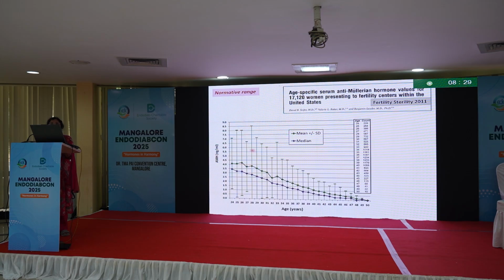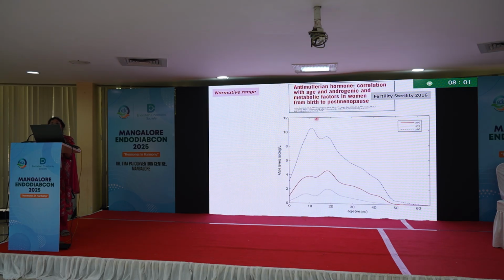So if we study the normal range of AMH, a lot of data has come from the fertility centers, and we can see that the normal levels of AMH vary widely. It is a very broad range of normal AMH, and even the lower limit of normal touches the normal AMH range. But one can argue that these are infertility center data, and they may not reflect the normative data in the normal population.